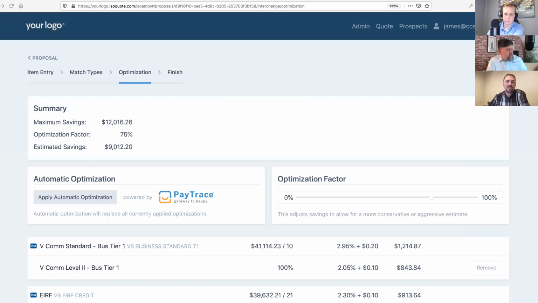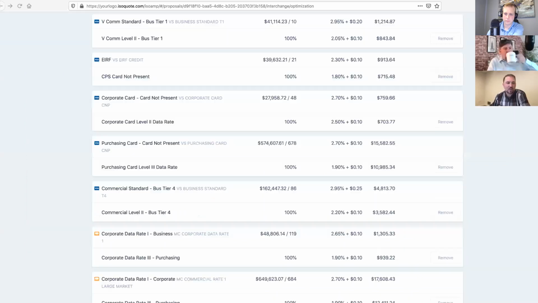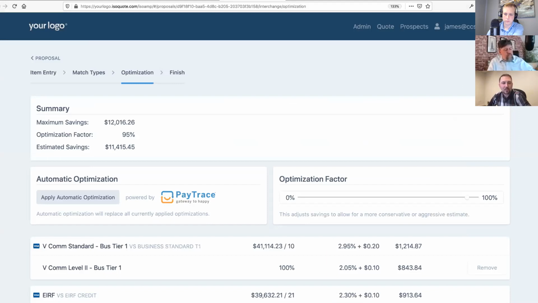Yeah, so this is assuming, the original one here, let me go back. We were assuming that we were going to capture 95% of that. So let me take 30 seconds and kind of break this down as to how this works. And Eric can correct me if I miss anything here, but basically with optimization, it either works or it doesn't for a particular card type based on the data that you're getting. And so with something like Paytrace, it's going to prompt and even require the cashier or whoever's entering the transaction data to enter the correct data, or it's going to already have the correct data, like the merchant's zip code and things like that that are required, and it's going to automatically submit that. So it's going to make sure that this data gets through.